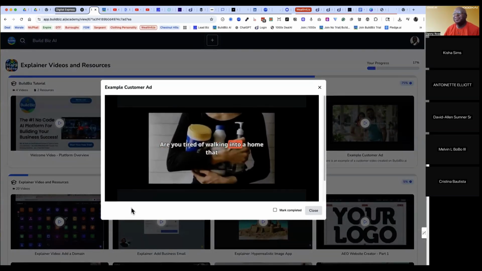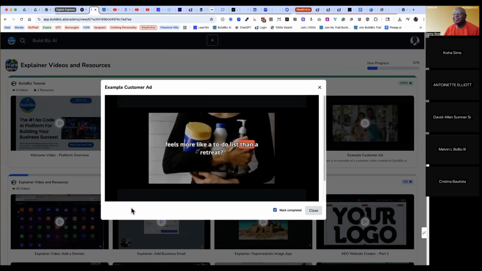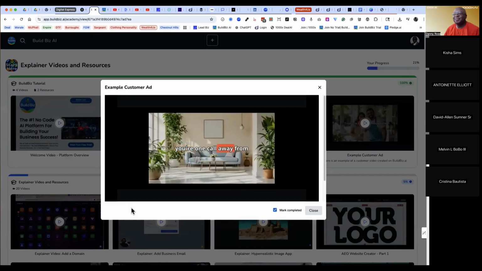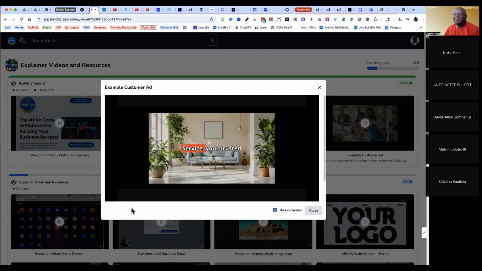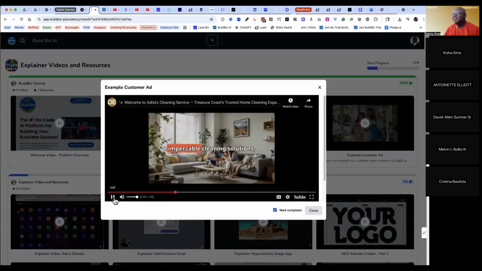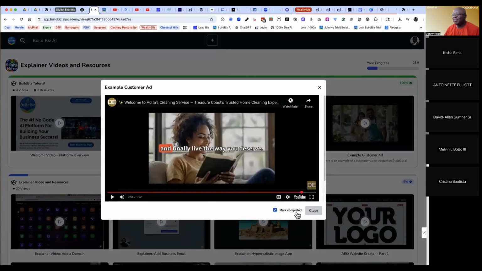Are you tired of walking into a home that feels more like a to-do list than a retreat? If you're living on Florida's Treasure Coast, you're one call away from reclaiming your peace of mind. Welcome to Adidas Cleaning Service, your trusted partner in maintaining pristine homes on Florida's Treasure Coast. For over a decade, we've provided